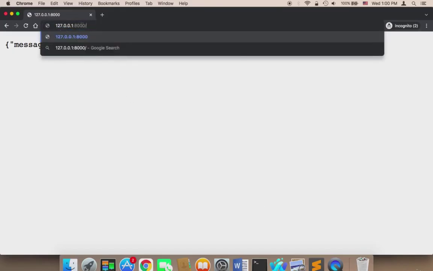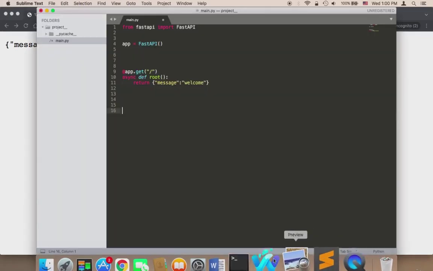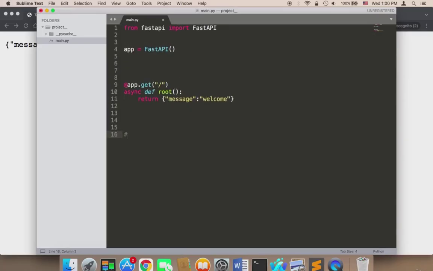If you run your server as I have shown you, by using the uvicorn command, again, let me type it one more time: uvicorn main:app --reload,